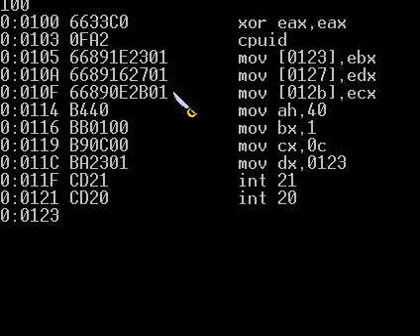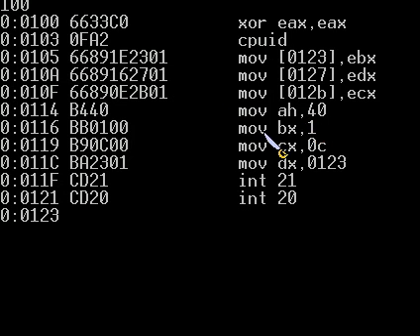So I'm copying EBX into memory location 0123, EDX into 0127, and ECX into 012B, and those are spaced 4 bytes apart, obviously, because you store the first 4 bytes, then the second 4 bytes, then the third 4 bytes, for a total of 12 bytes. And then right after that, we've got the standard 16-bit assembly there, move